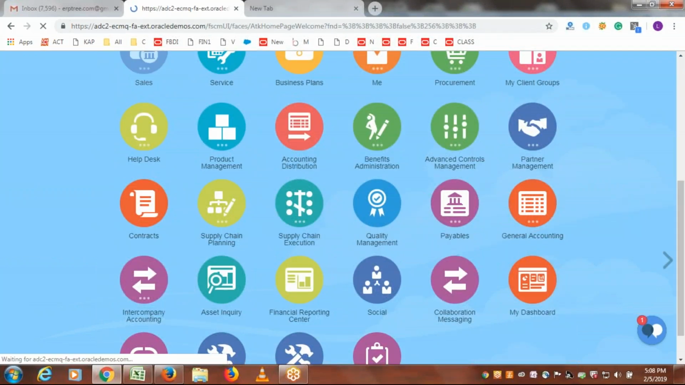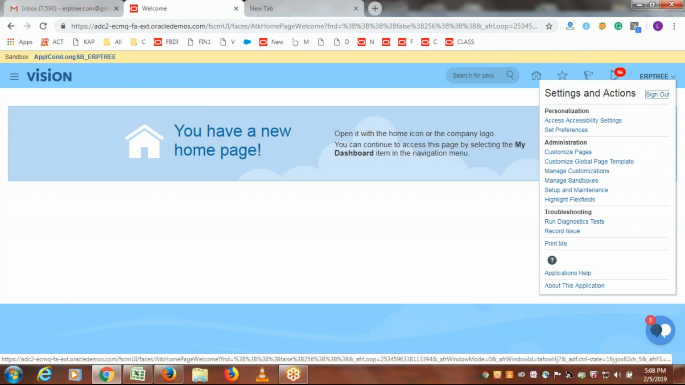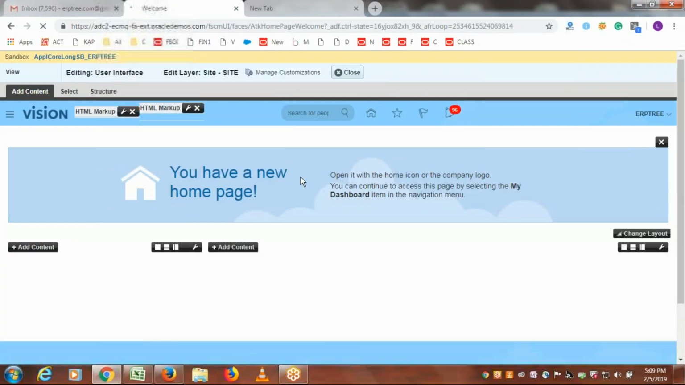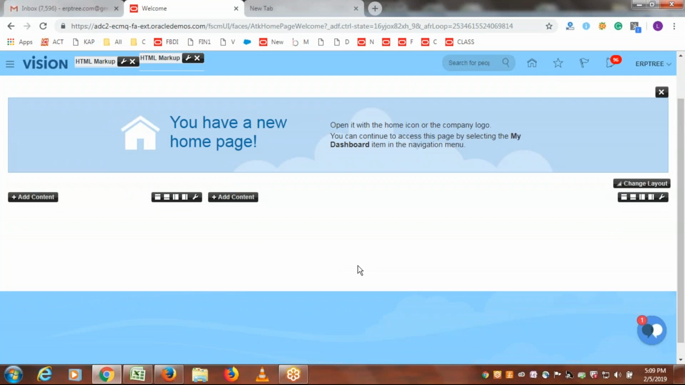Again go to my dashboard and click on the username, and here click on customize pages. Okay, click on customize pages. So now this page we can customize. So what we want to do is add the content here. Just click on add content